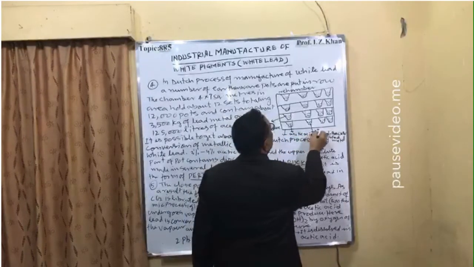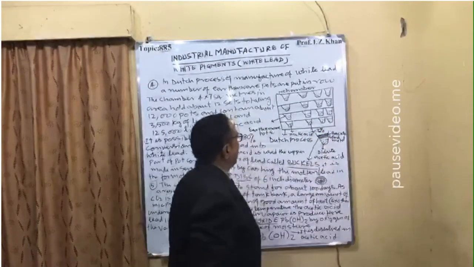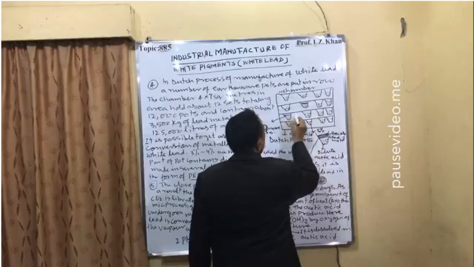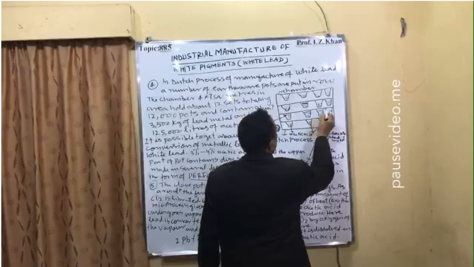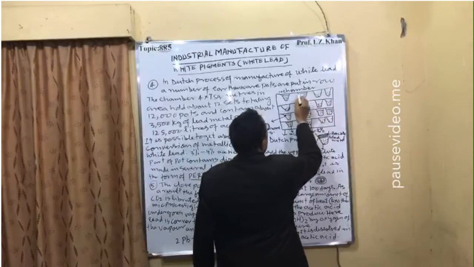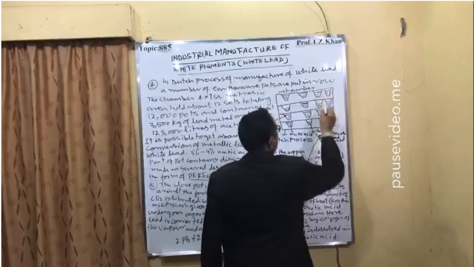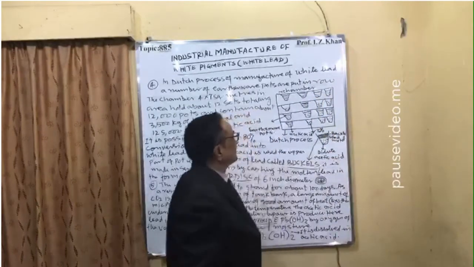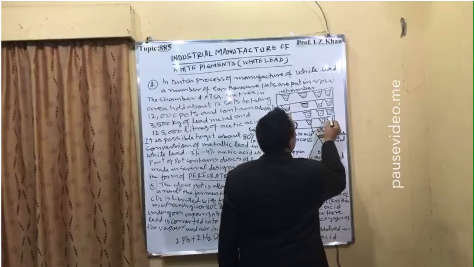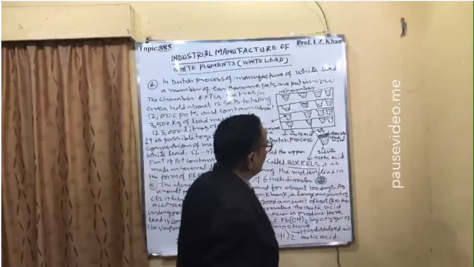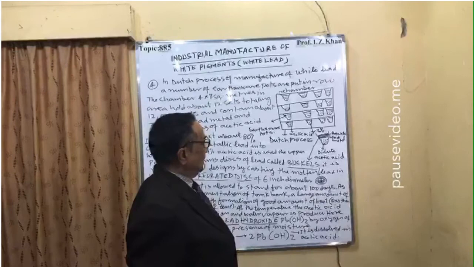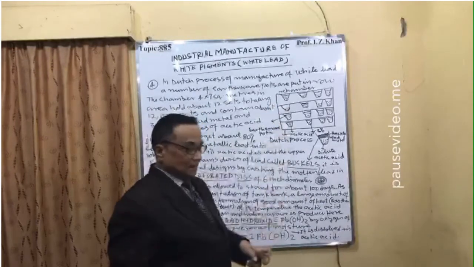That will be up to 3%. And on this, a disc of lead metal will be placed, and I have shown that here in the diagram. That disc of lead metal is called buckets, and these buckets are manufactured in different designs, 6 inches in diameter, and that is the industrial outline.